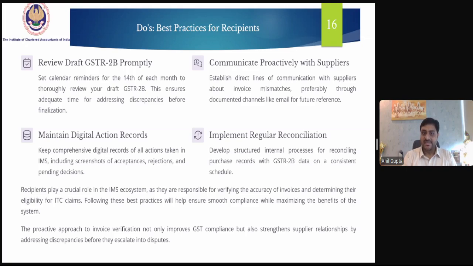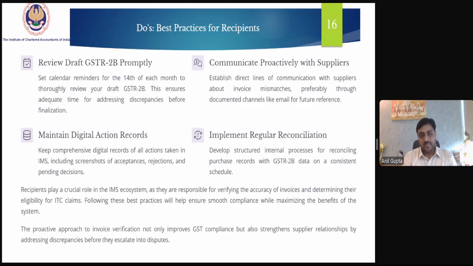With all the practices discussed, recipients play a very crucial role in the IMS ecosystem as they are responsible for verifying the accuracy of the invoices and determining their eligibility in the ITC claims. Following these best practices will help ensure smooth compliance with maximum benefit of the system, thereby reducing future litigation and assessments.